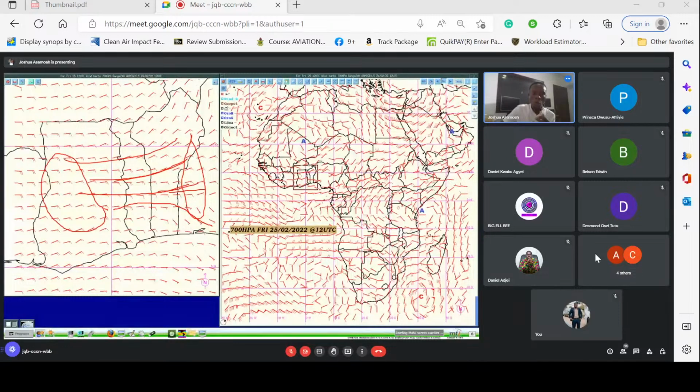But for these areas, you would not expect anything there. For southern Ghana too, you wouldn't be so sure of rainfall occurring within those areas because the 700 hectopascal is not too favorable in that instance. So you're looking at the direction of the 700, the speed, telling you how